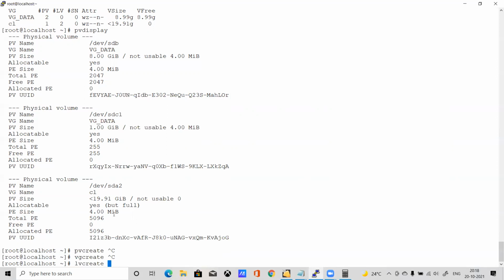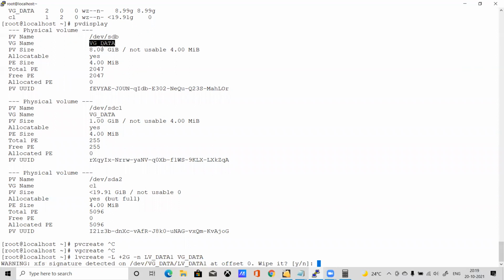Let's create only one file system. With capital L, how much size do you want? Let's say 2 GB, and the name of the volume. Let's say lv_data1, the first LV I'm creating here. From which group? We are creating from vg_data. Now let me create it.